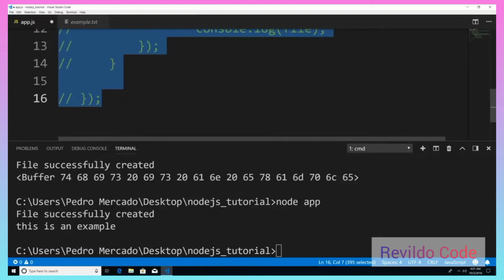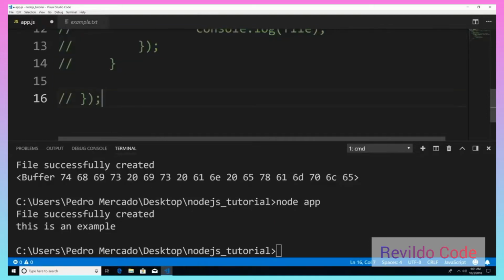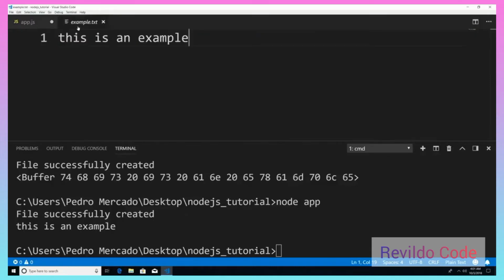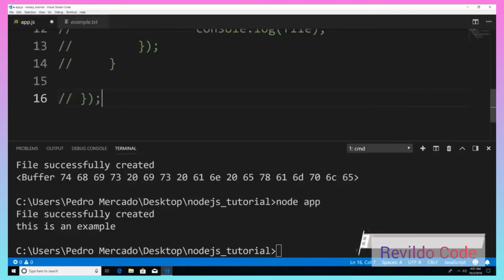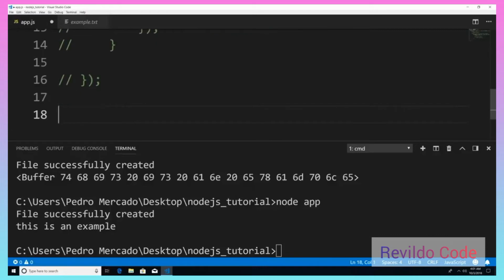Now what I want to do is, let's say that when I created this example.txt file, I really didn't mean to call it example.txt. Let's say I wanted to call it example2, for instance. Well, I could use the rename method. So I could do something like this. I can say